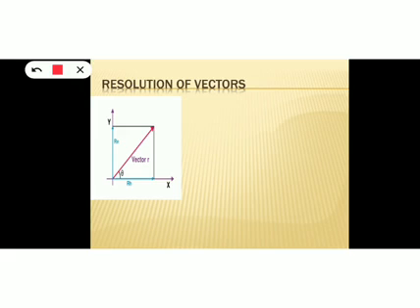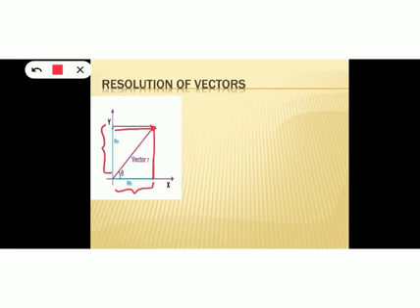So in order to find out the value of mutually perpendicular components, from the head of the vector, construct two normals, one towards the x-axis and another towards the y-axis. So this is the head of the vector r, and from this head, one normal has been constructed to the x-axis and another normal has been constructed towards the y-axis. This will be our x component or horizontal component of vector r, and this will be our vertical component of vector r. And we need to find out its value.